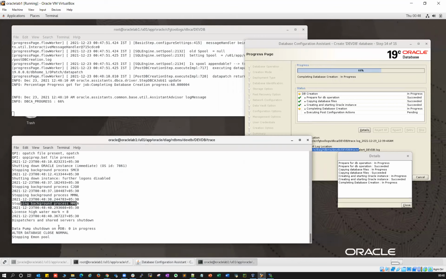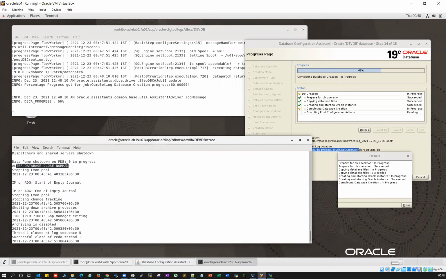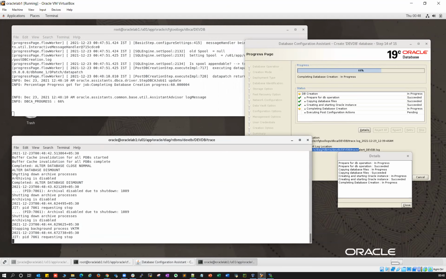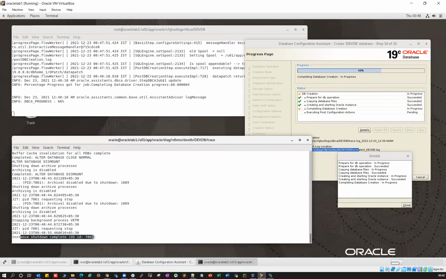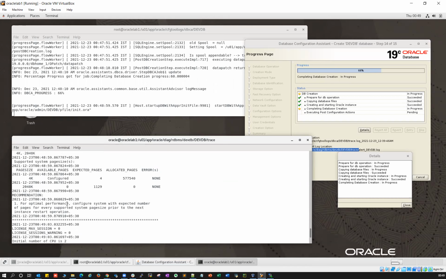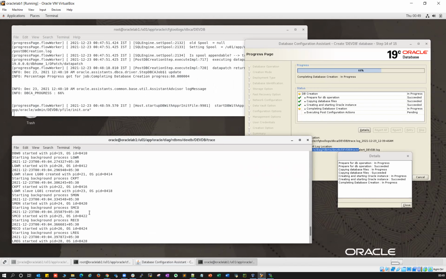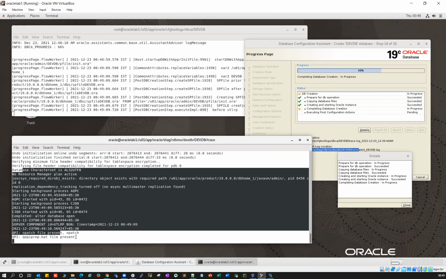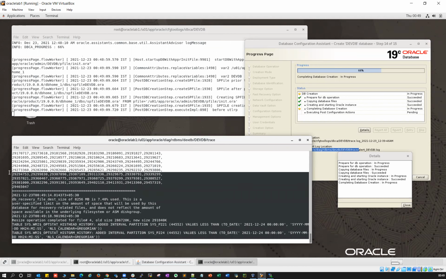Right, stopping database background processes. Yeah, stopping your database: alter database close, alter database close normal, database closed here. And then now it is starting my database. Shutting down archival process, archival disabled, instance shutdown completed. So the instance went down, now it's going to start my instance again. Right, you can see it's reading my P file or SP file and starting my database back now. Starting all the processes. Right, it started almost, my database is back online now here.